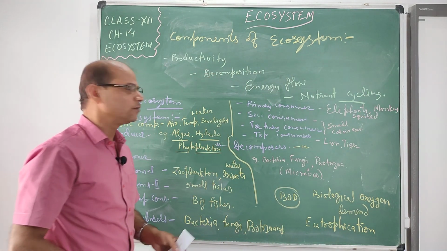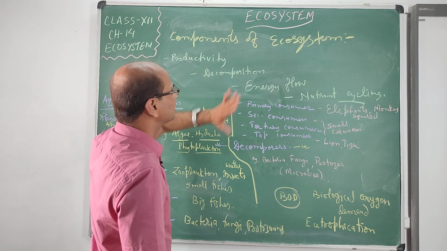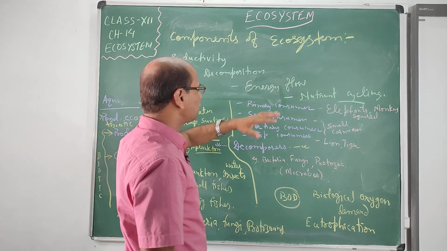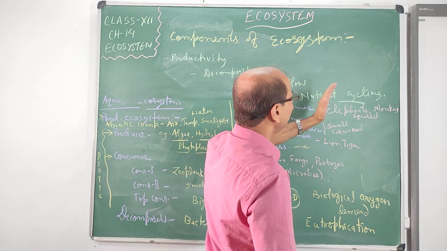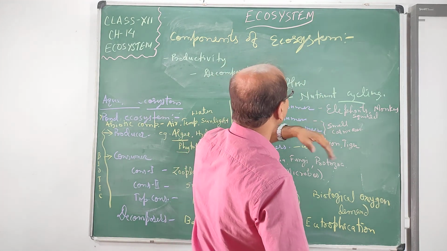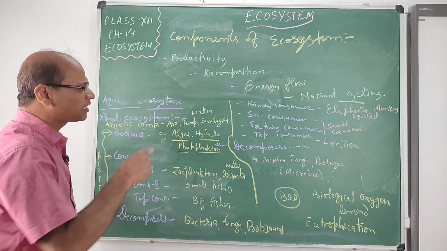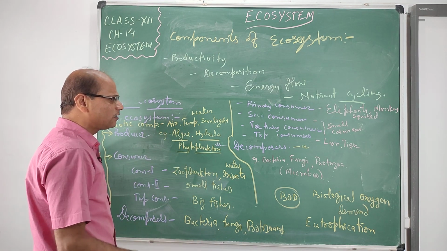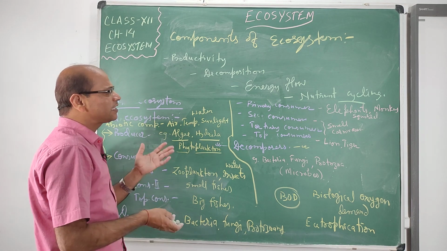So these are the things we have to discuss. In the next class we will discuss these in detail. Productivity means how production takes place. Decomposition means how the dead bodies become decomposed into simpler form. Energy flow means the flow of energy from the sun to the different levels, the producers as well as consumers of different levels. Nutrient cycling means the cycling of nutrients present in the body of living organisms. They can be simplified again with the help of decomposers, and then made ready again for consumption by the consumers as well as producers. So this is nutrient cycling.